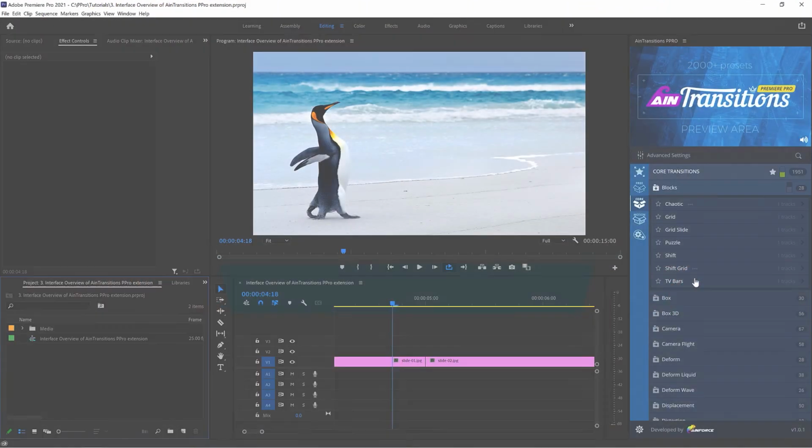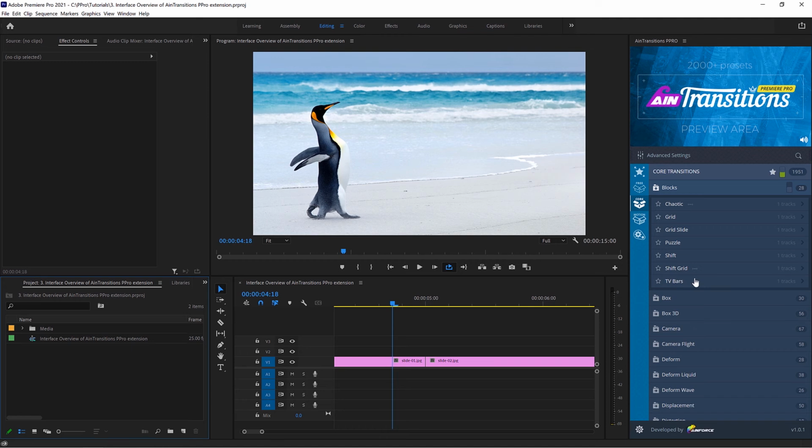A small part of the transitions in the pack, about 12%, are made using a different structure. In particular, based on the sequence, since it is necessary for some effects to work in conjunction, which do not work on adjustment layers.